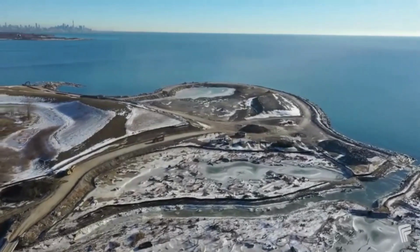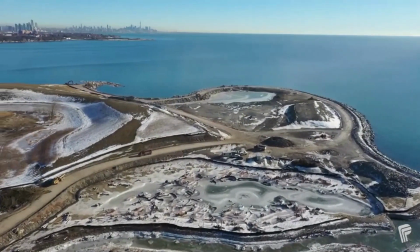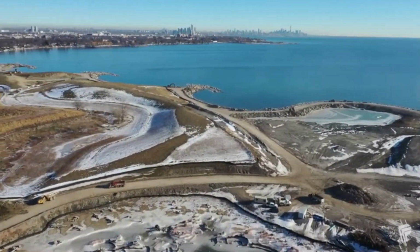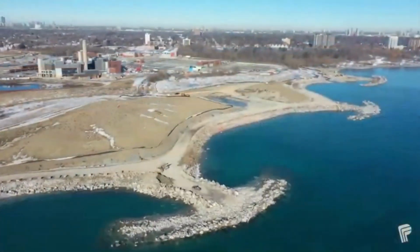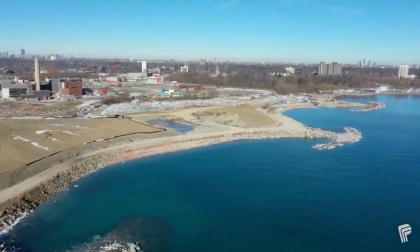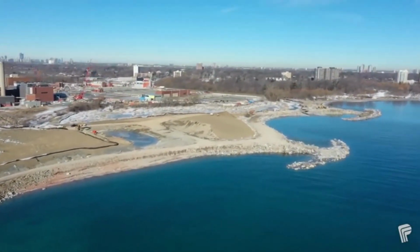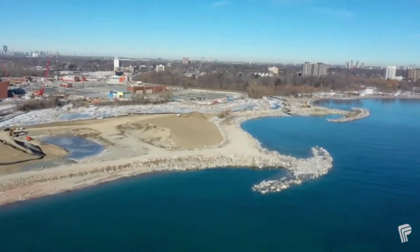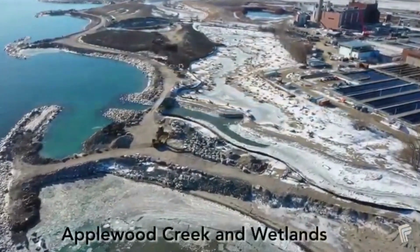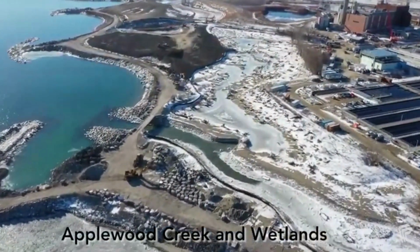At this point, they're working on the revitalization of the lands, establishing the wetlands, which is very healthy to the ecosystem and environment. It's supposed to help naturally purify the water before it enters Lake Ontario. The Cawthra Lake Conservation has almost 8 hectares. 1 hectare is just a bit bigger than a soccer field of wetland, but also 5 hectares of forest and